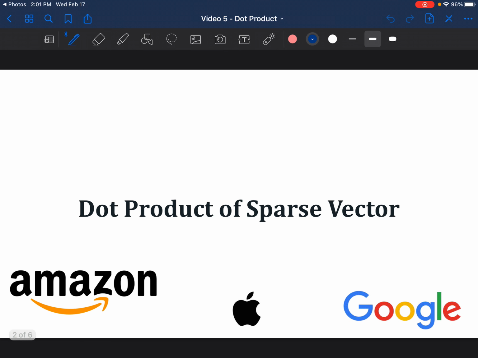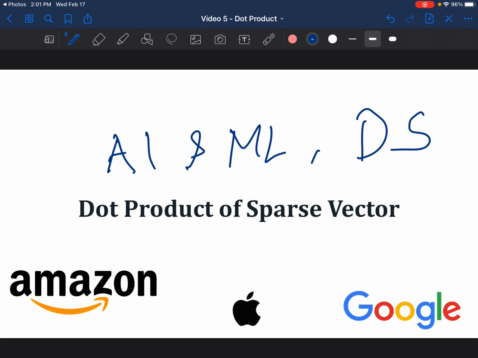Today we are going to be talking about a very fresh problem, and this problem mostly applies to people who are in the field of AI and ML and even data science. And this is something we use in our day to day during training, which is dot product operations. And the problem is asking you to particularly think about an implementation of dot product of two vectors, but these